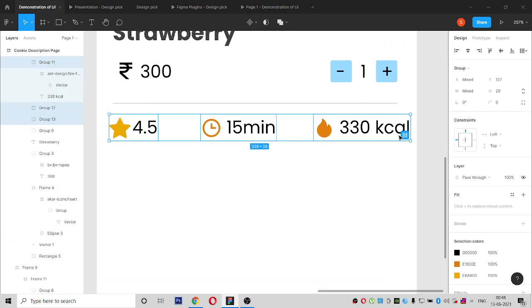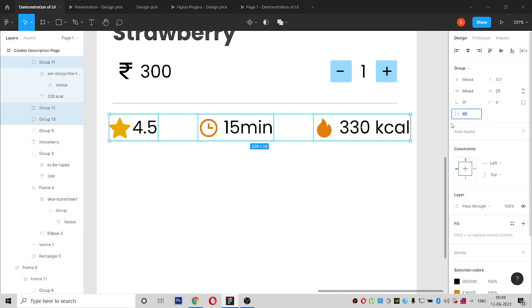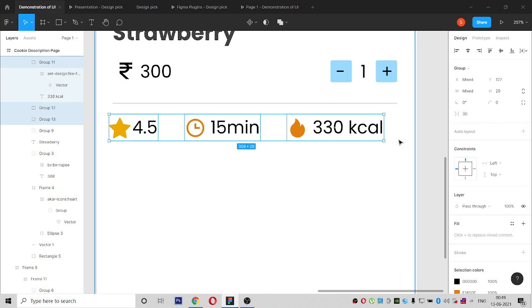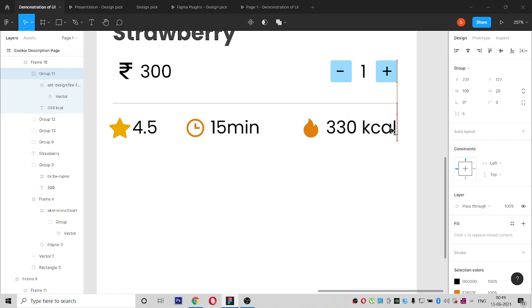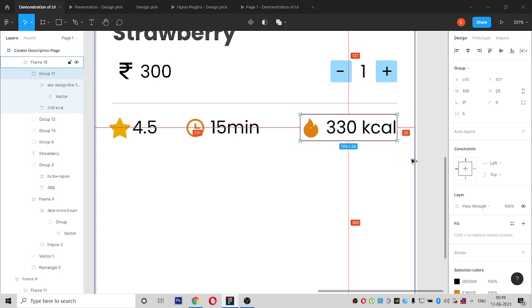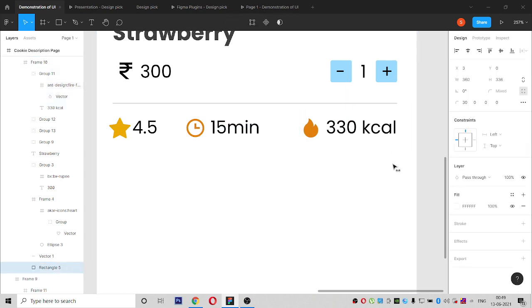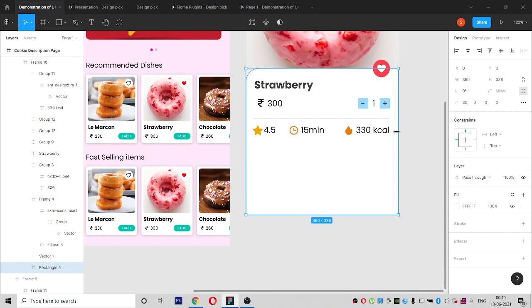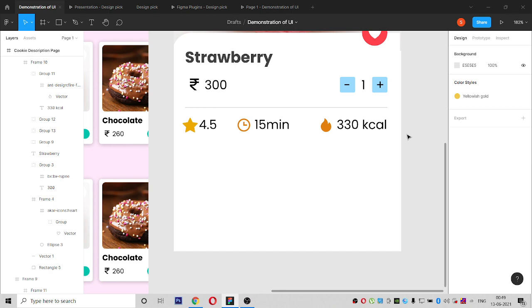So these 3 I have to make it equal, these spacings. So here there is an option, if it is not equal then this option we can use and then give 30 or just think of the right spacings.